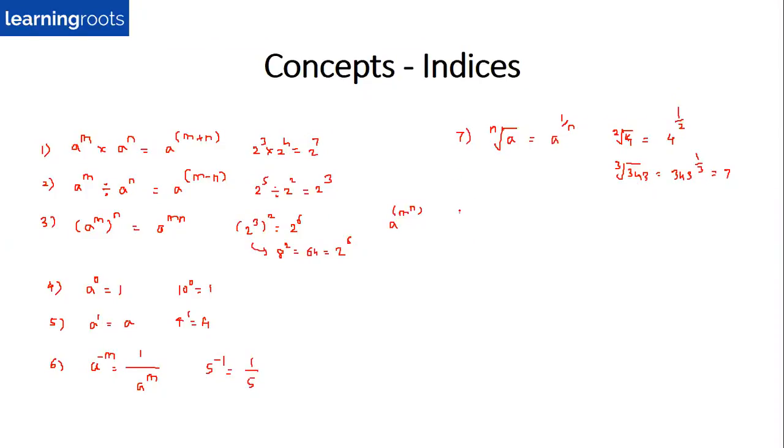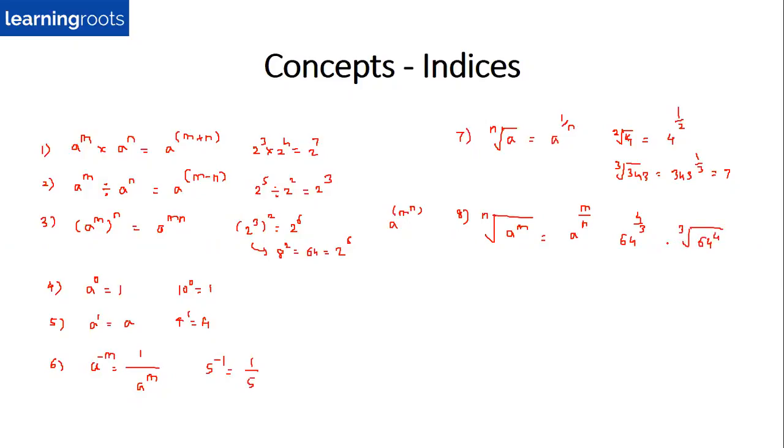Okay. Coming to the next rule, which is, let's say if you're taking nth root of something and then you have power of a number inside the root sign. For example, if you have nth root of a raised to m. In this case, the part which you did for the root remains the same. So a goes to 1 upon n, but you have mth power raised to m now. So you will do m upon n. Okay. For example, let's say if you have 64 raised to 4 by 3. Okay. So this 64 raised to 4 by 3 can be written as cube root of 64 raised to 4